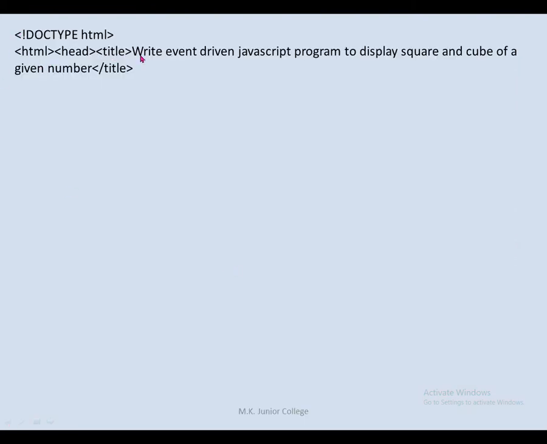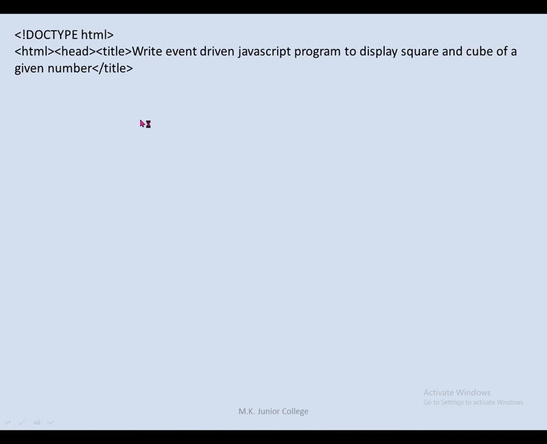See, this part is very important for you, my dear students. Whenever you get such questions in the online exam, all the questions will be of the event driven type, not the simple type, because the question you will get is for 5 marks. Though the logic is simple and the steps are very simple, the questions you will get are on event driven only. So write the same question, but write an event driven JavaScript program to display the square and cube of a given number. This is a question you will get for 5 marks. Maybe here you will get only square, or maybe only cube.